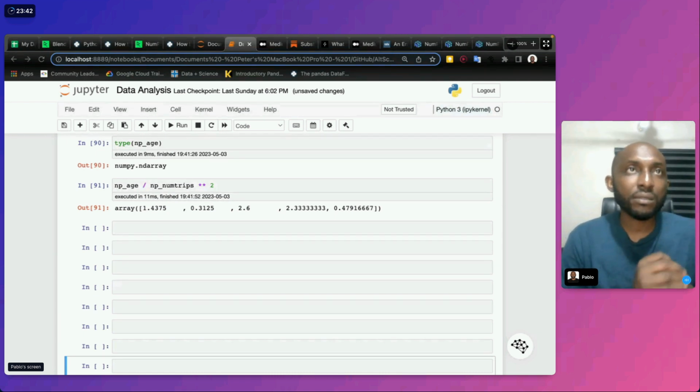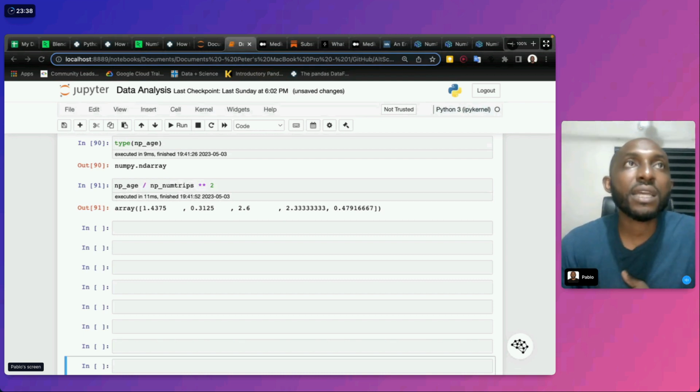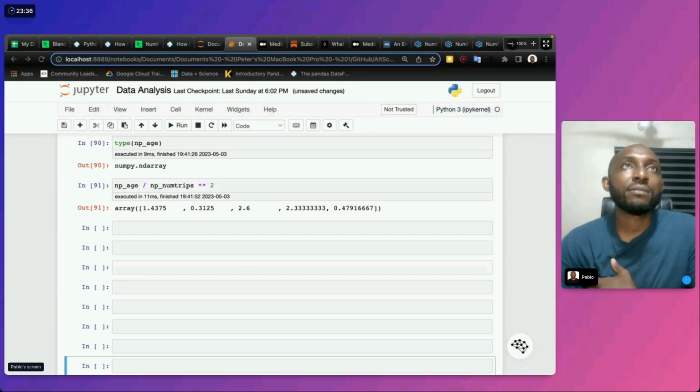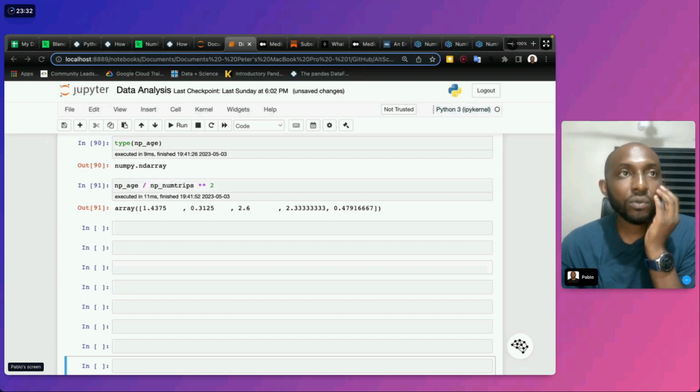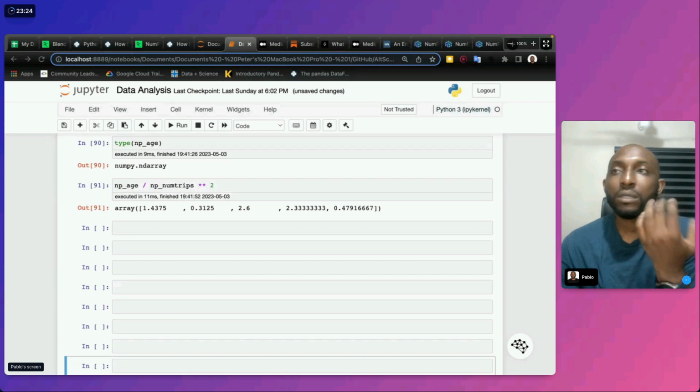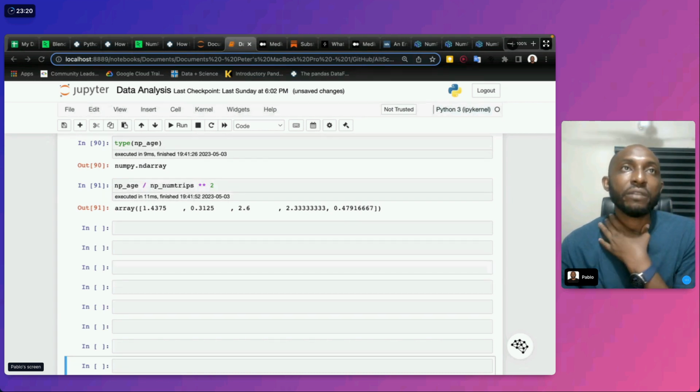Again, when you convert, for instance, say I have a list, right? Once you put anything in, NumPy is really quick to convert it into different things. It can convert whatever you have inside.